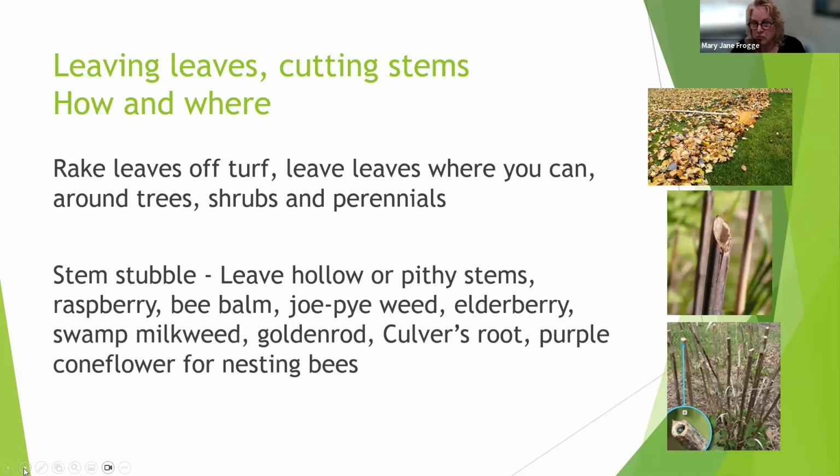So if you have turf, which most of us do, you do want to get the leaves off the turf. It's not healthy for piles of leaves to be on your turf. It will thin out. It will have maybe disease problems. So you do want to rake that off, but you don't want to get rid of those leaves. And in future slides, I'll talk about what we can do with those leaves once they're collected. You don't want to get rid of them. You want to use them in other areas. And then with stem stubble, we're getting to start fall soon, and we'll want to maybe do a little bit